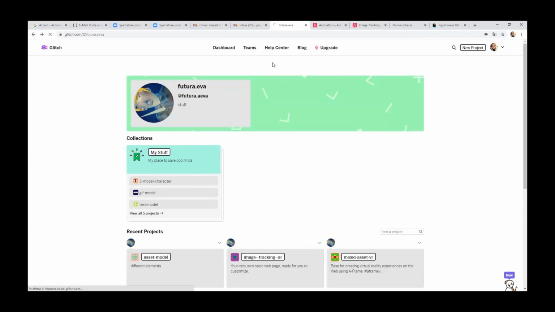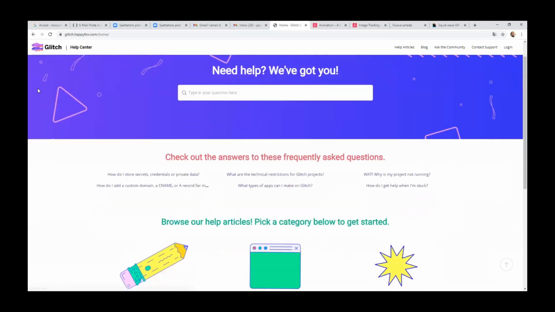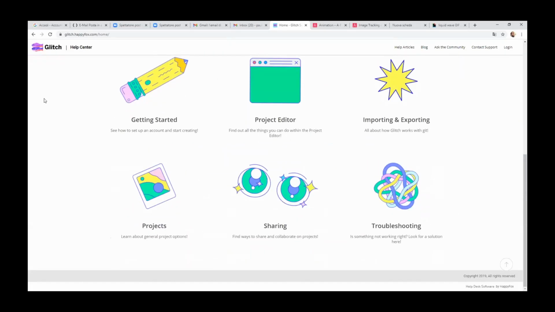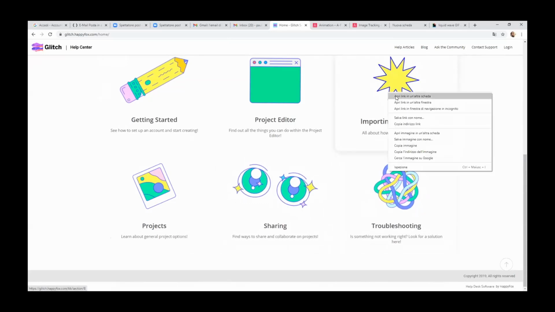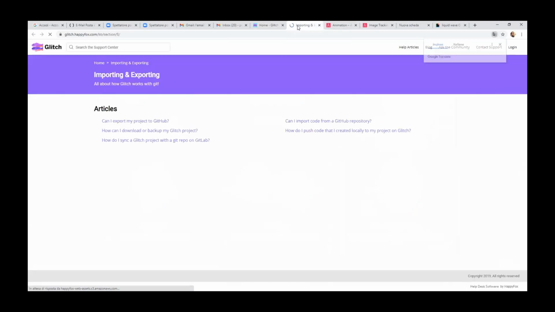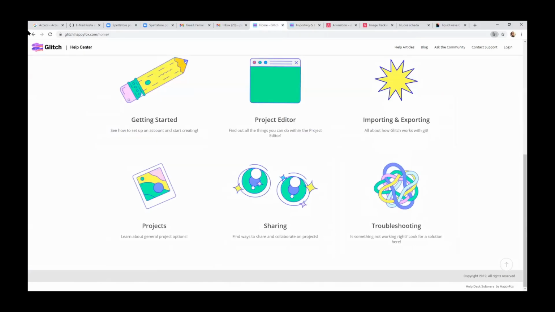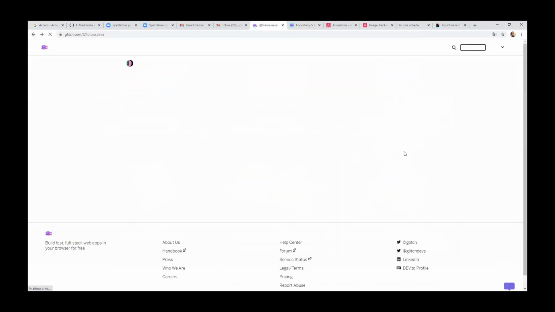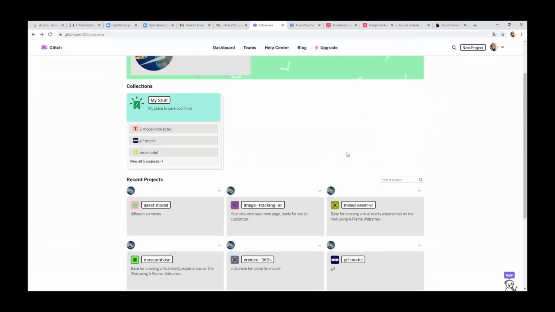Just wondering if it would be possible to put that directly on that website. You will have to integrate it in the website, importing and exporting. So you have to embed it in the, but you know what, it's basically, if you think